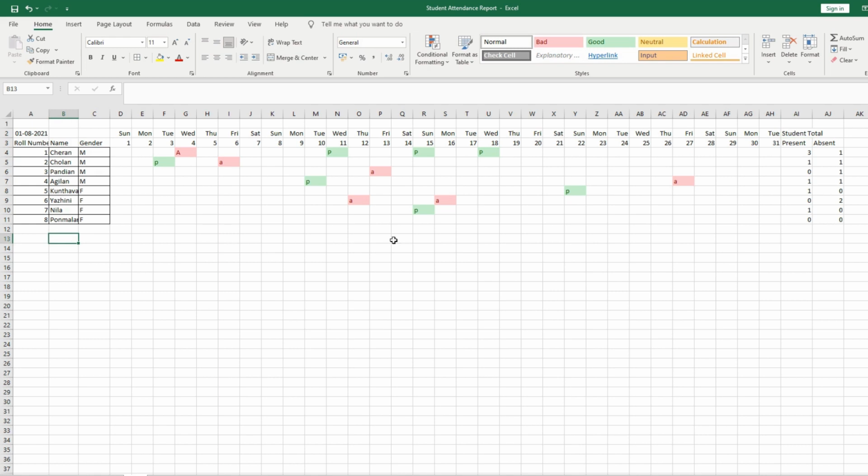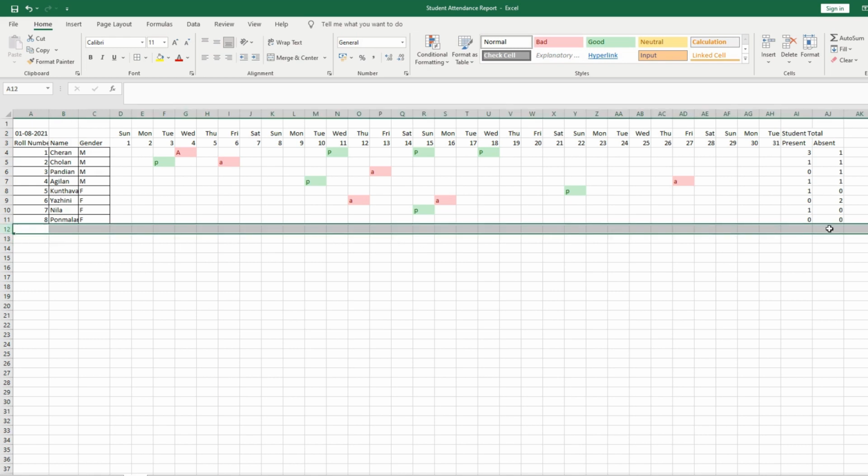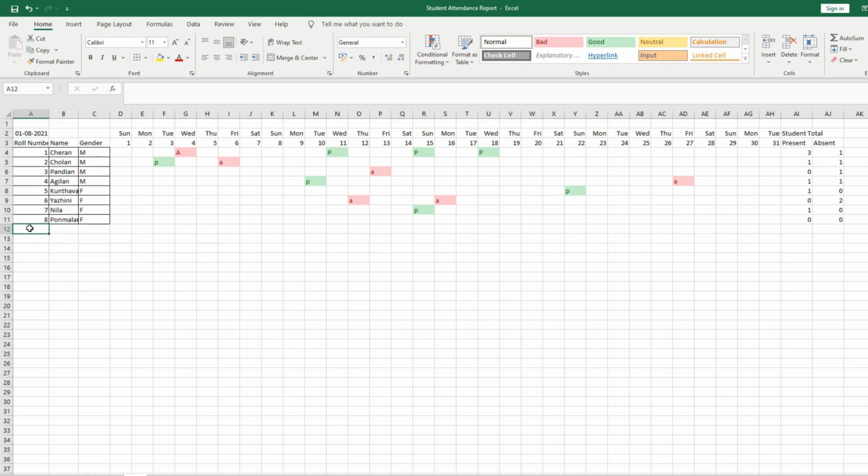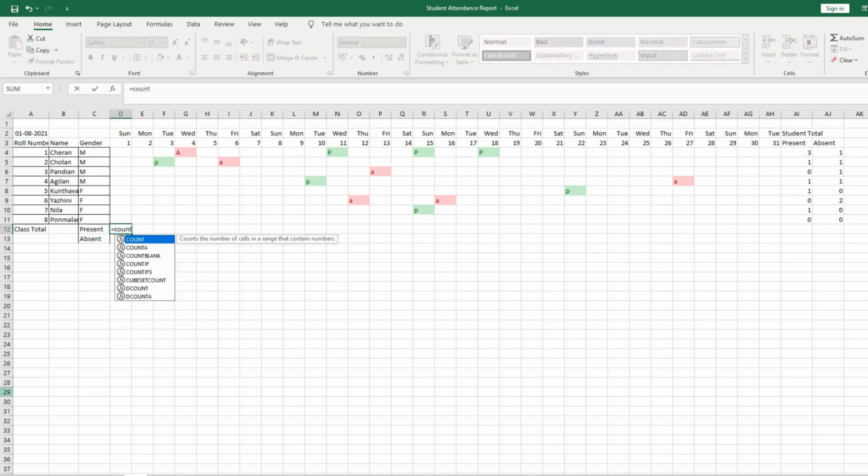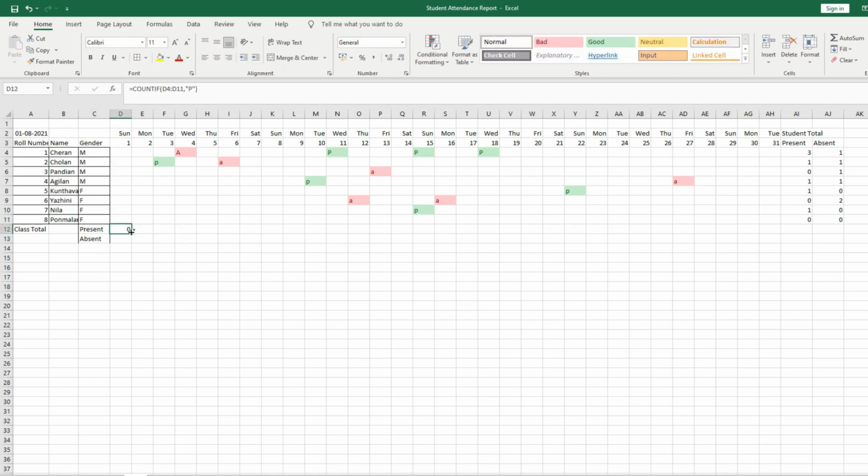Now let's do the class total. This is the class total for any day, present and absent. Again, same formula: equal to COUNTIF, range is the total number of students that you have selected, and criteria is present, P, right? So copy that,